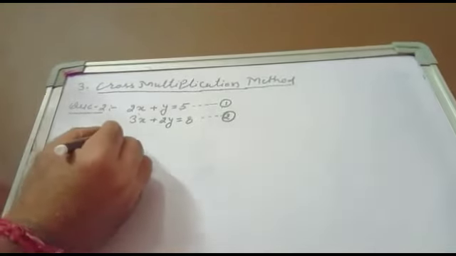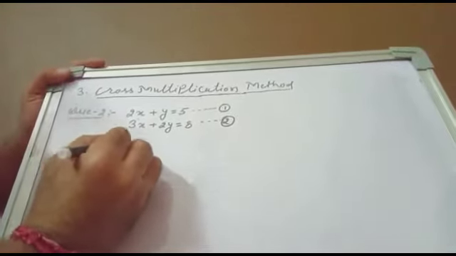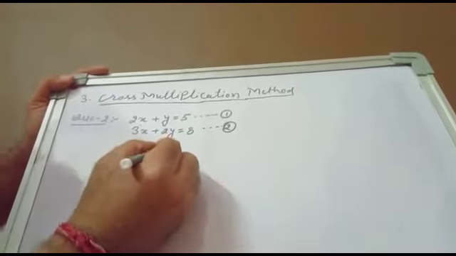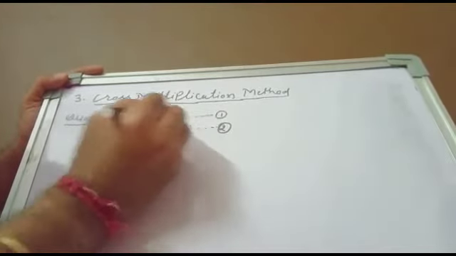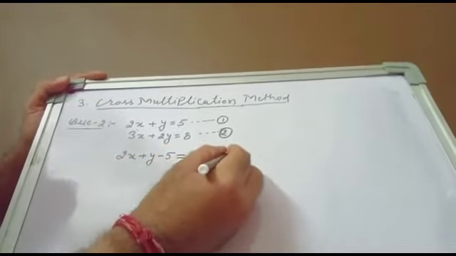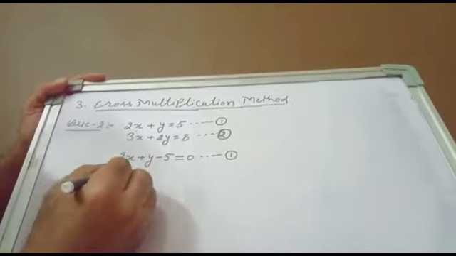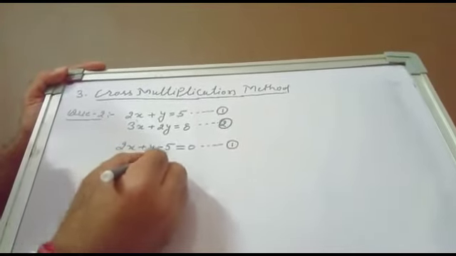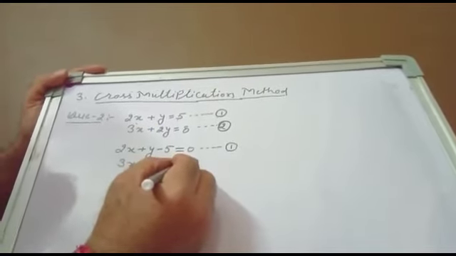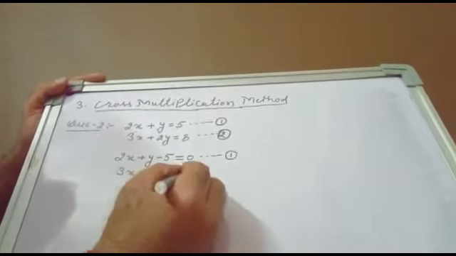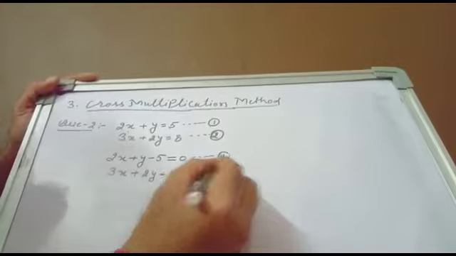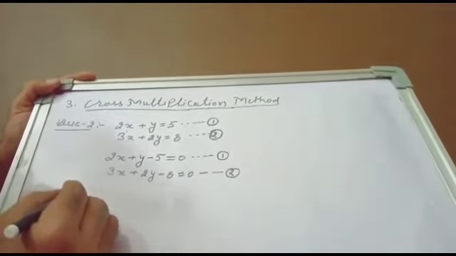The solution: the first equation, 2x + y = 5, converted to standard form, 5 is transferred, so 2x + y - 5 = 0. That is the first equation. For the second equation, convert to standard form: 8 is transferred, so 3x + 2y - 8 = 0. Similarly, for the first equation, comparing